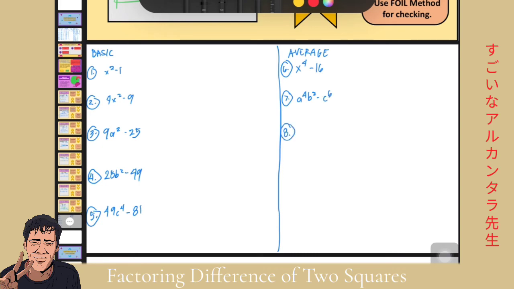Let's also have here 3x squared minus 27. Let's also have 8a raised to 4 minus